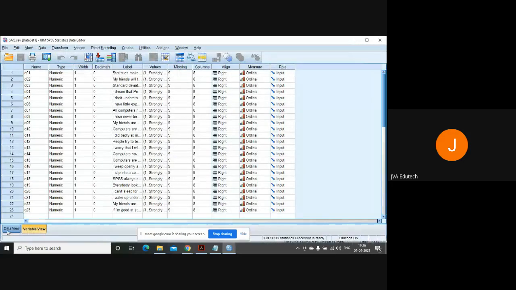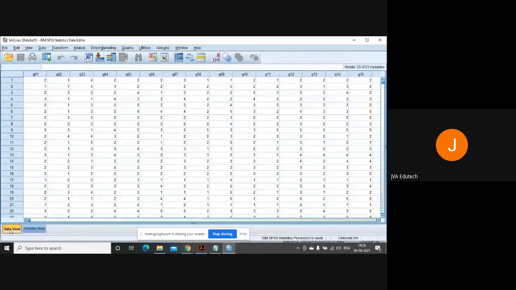So now we have 23 questions. In the first one, I had taken only those 8 questions which were sharing a common variance. And if items are sharing a common variance, then you can go for principal component analysis. But in these 23 questions, a few might be sharing common variances, and then there should be some unique variances also. So we will do exploratory factor analysis.